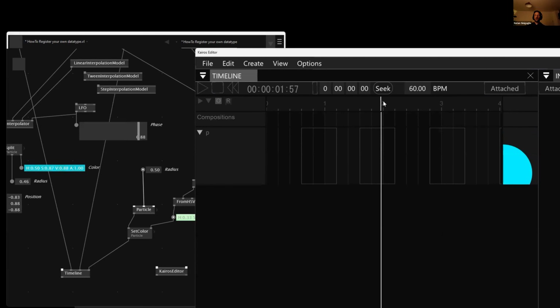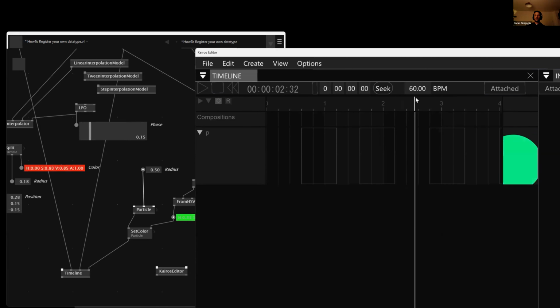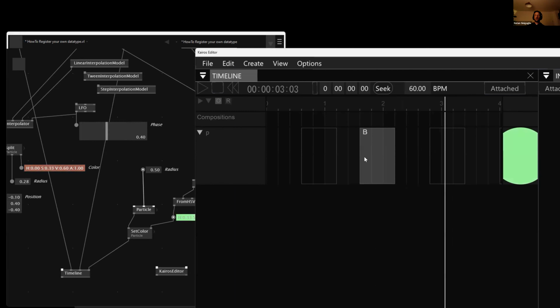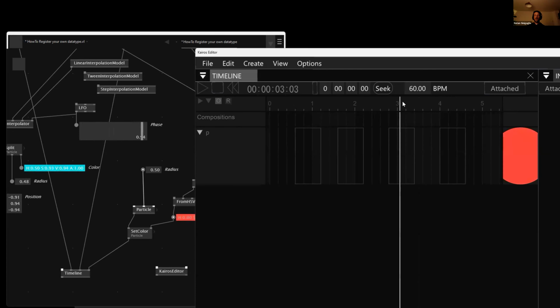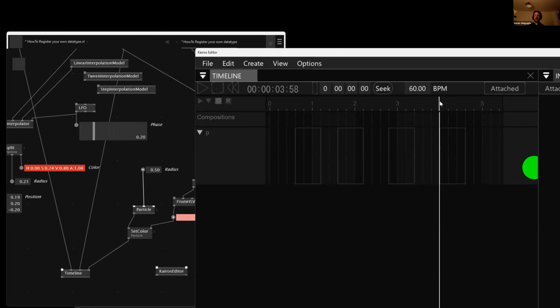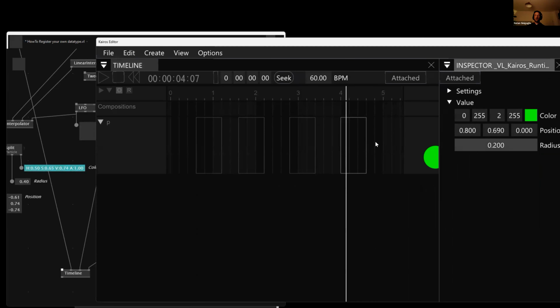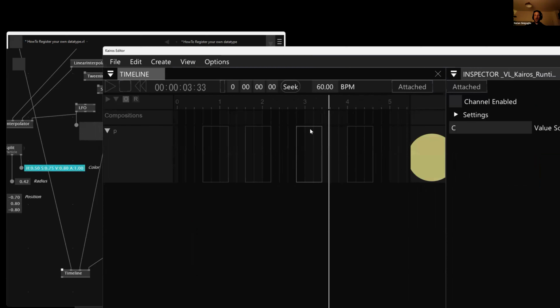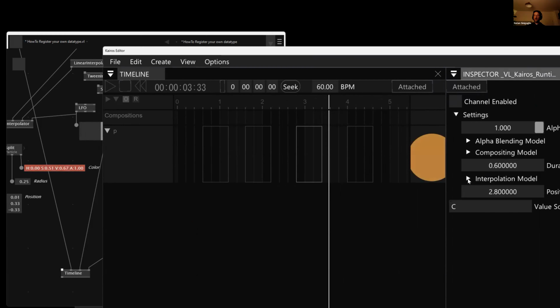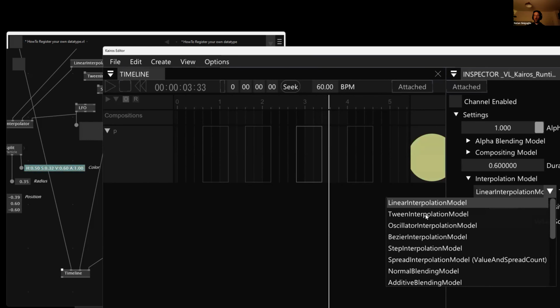So we are interpolating from here to that one, right? And then back to the other one, which we described as a static value here. And also all the interpolation. These are keyframes of the timeline, no? So if you go in settings, you find the interpolation model, right? If you go to tween,